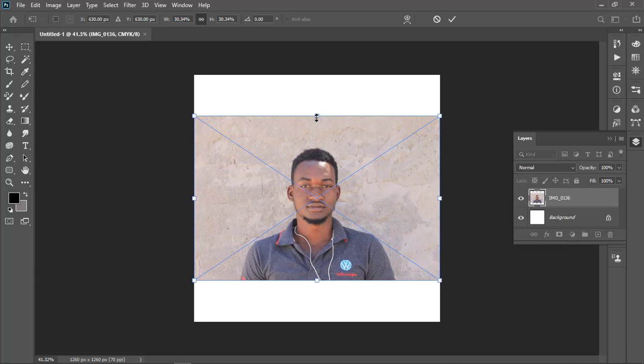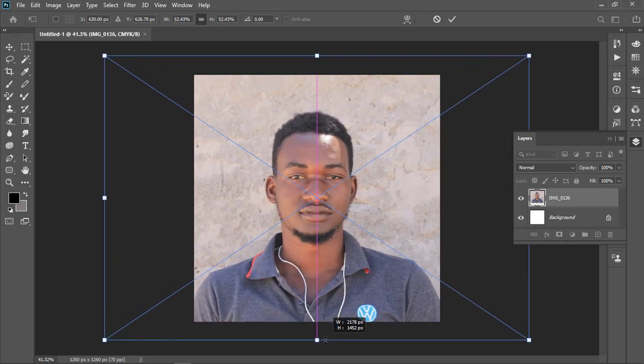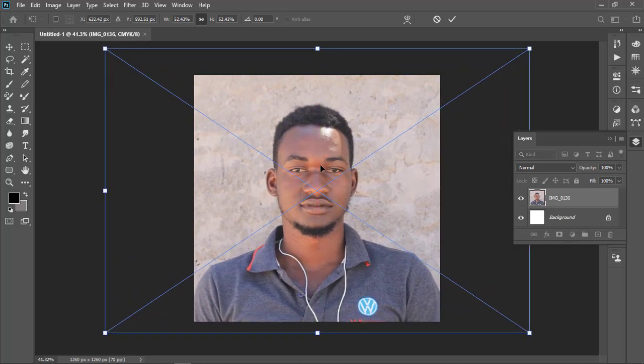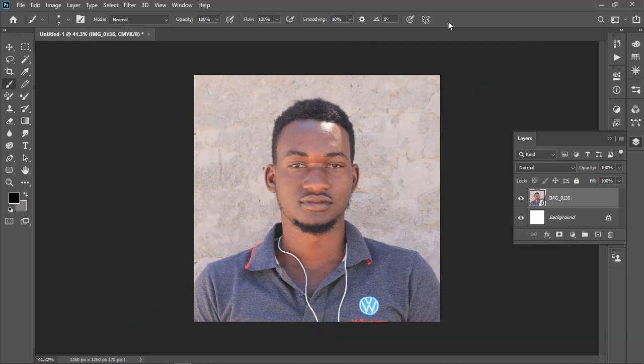Once you see it having an up and down arrow, you left click on your mouse or touchpad, you drag up, and again you left click, you drag down. Just keep dragging until you have the size that you want to work on. Like for me now, okay, I want to work on this size. I press OK.